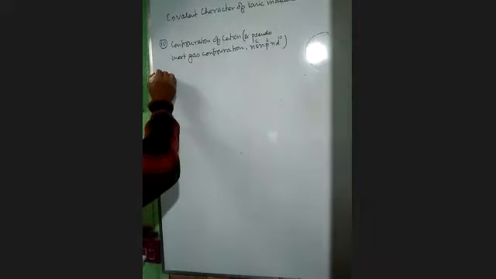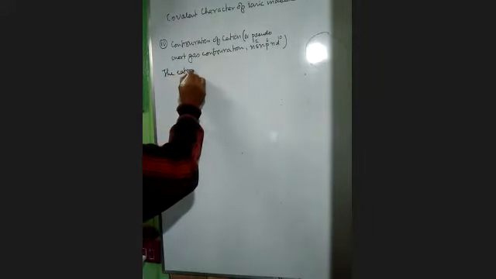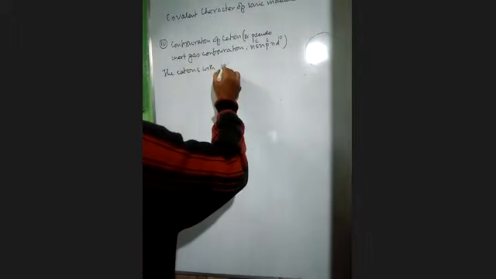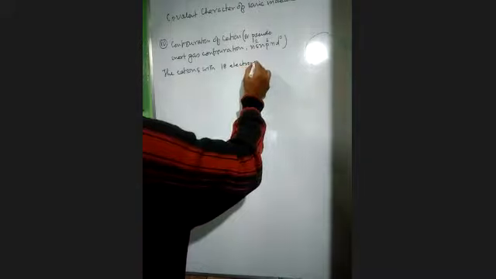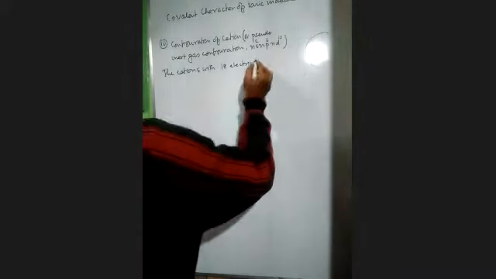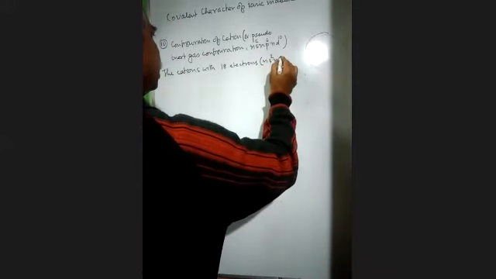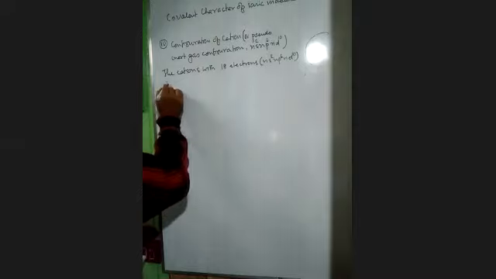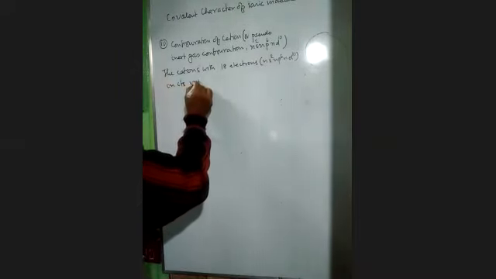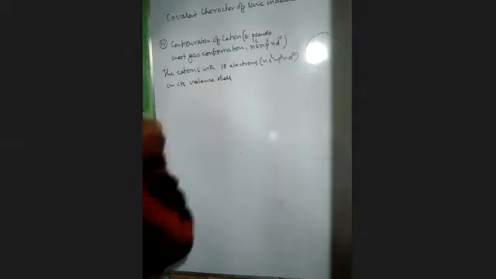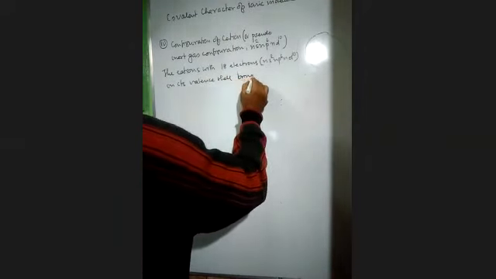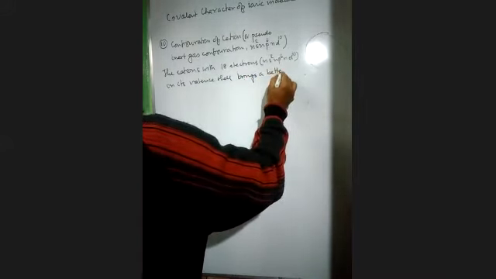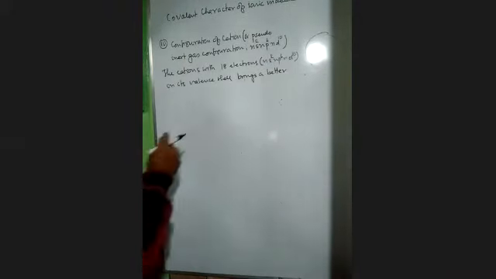Right now, the cations with 18 electrons, right now we have ns2, np6, and d10 in the valence shell brings a greater